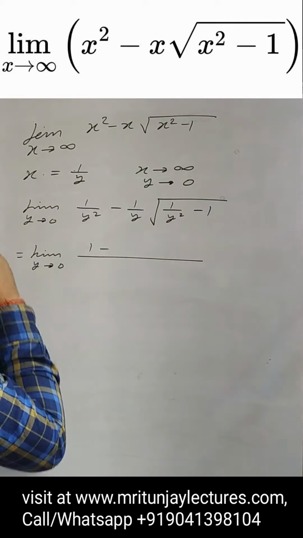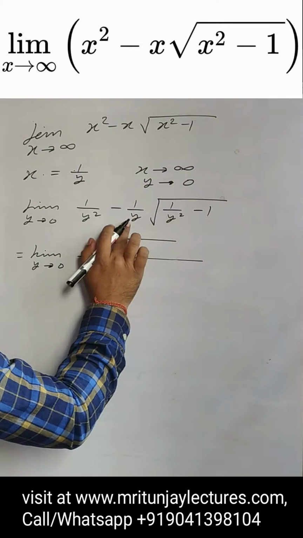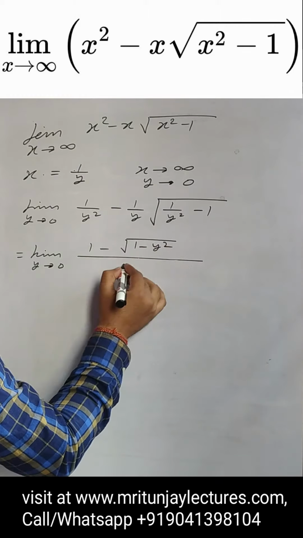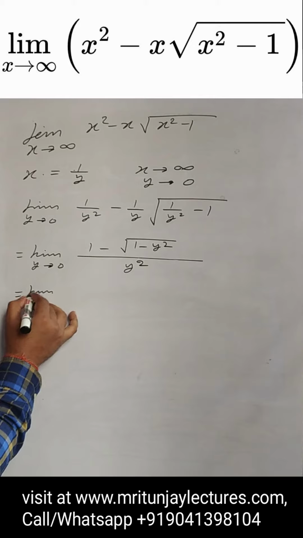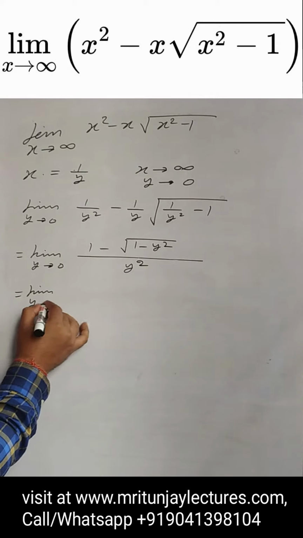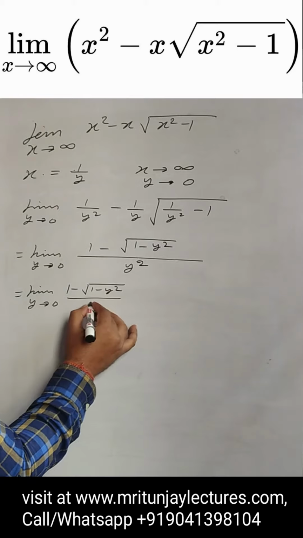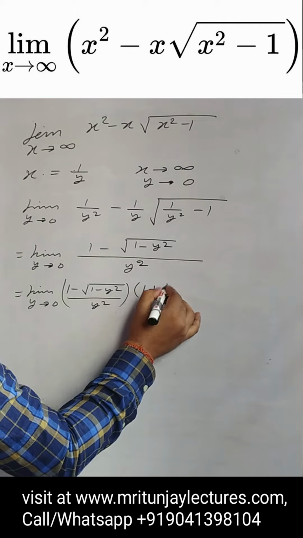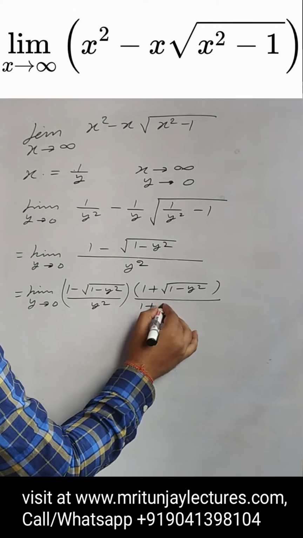So 1 minus under root, if y is common, then 1 minus y square divided by that. Clear or not? If we rationalize, y tends to 0, 1 minus under root 1 minus y square upon y square, that is 1 plus under root, divided by 1 plus,